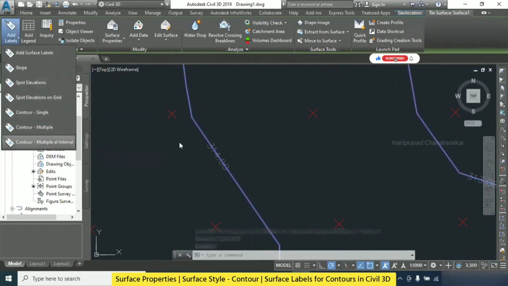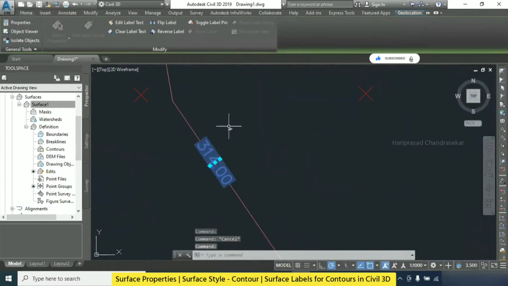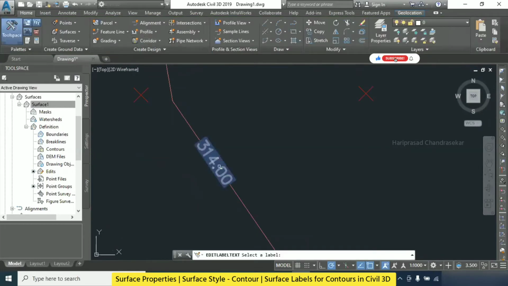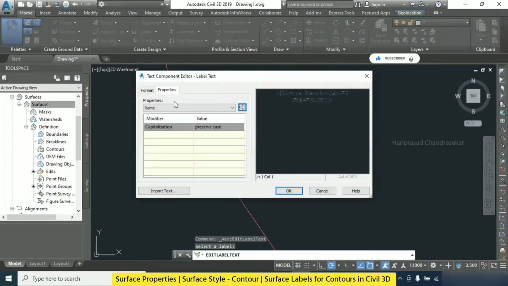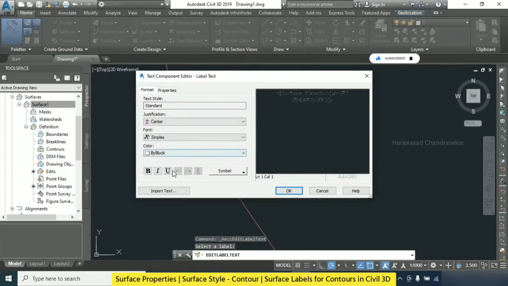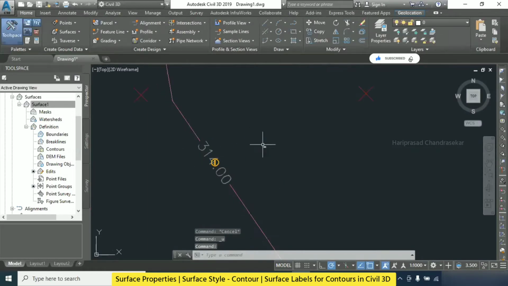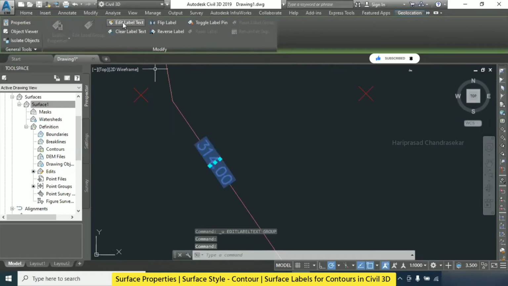How to edit the label styles? Okay, we can do that. We can select the label. Once you select the label, you will get the green window. From here, you can go for edit label text, clear label text, edit label text, and you need to select the label. Then you can do it here. See here, go to format, and you can go for bold if you want. For example, select everything, go for bold, and then click OK. Now everything it will be bold, but it's not coming. Okay, so we will try something else.